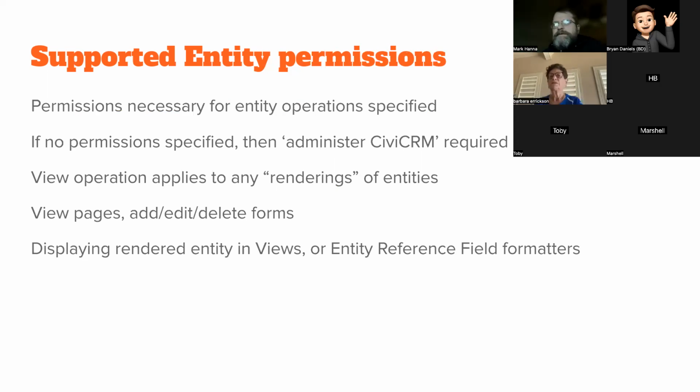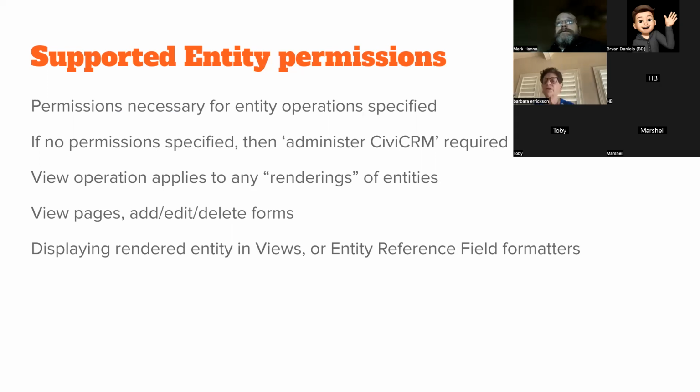You may have created a Drupal view and you can select the display and select how it's shown. Oftentimes the default is just fields, so you're adding particular fields to the view. That doesn't count as a rendering, but if you choose to view a view mode of an entity, that's a